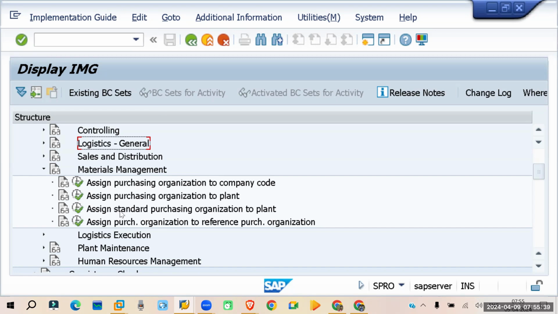Okay, next one is assign standard purchasing organization to the plant. Let's say there are multiple purchasing organizations for your plants. Multiple means, let's say I have 2 or 3 purchasing organizations. So if that is the condition, if I have multiple purchasing organizations for my plant, I need to assign